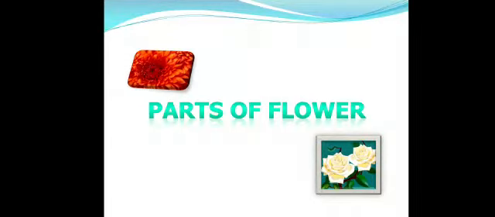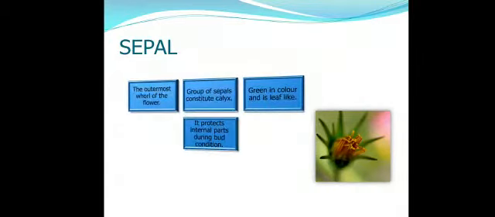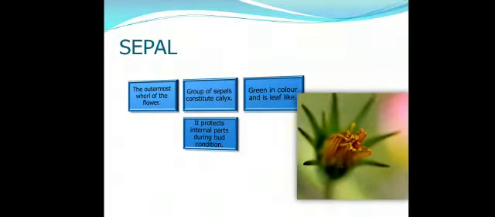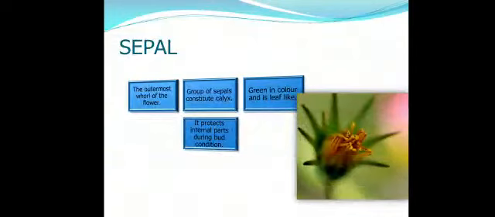If the flower bears both the reproductive parts, that is male and female, then the flower is known as a bisexual flower. But if a flower has only either the male or the female reproductive part, it is known as a unisexual flower. Examples of unisexual flowers are corn, papaya, cucumber, pumpkin, and examples of bisexual flowers are rose, China rose, petunia, mustard, etc. Now we will be discussing the various parts of the flower one by one.